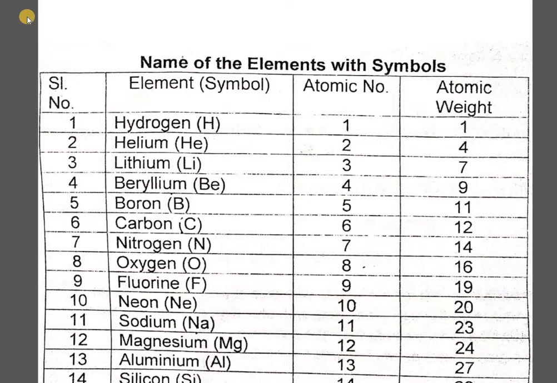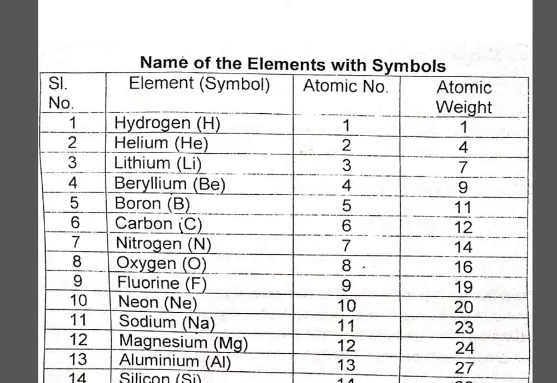Dear India students, as I have already discussed the topic of atomic number and the different elements, let me first recall the same topic once again. In the previous class, we discussed the elements having atomic numbers from 1 to 20. I hope you have all practiced writing the element symbols and remembered the atomic number of each and every element. So today we are going to understand what we mean by atomic number and atomic weight.